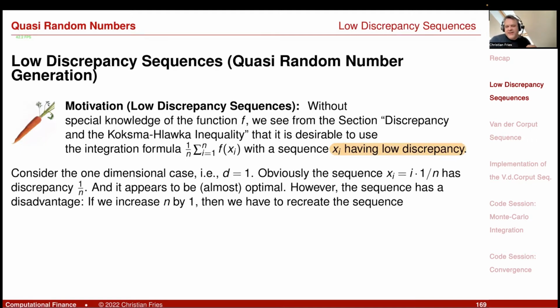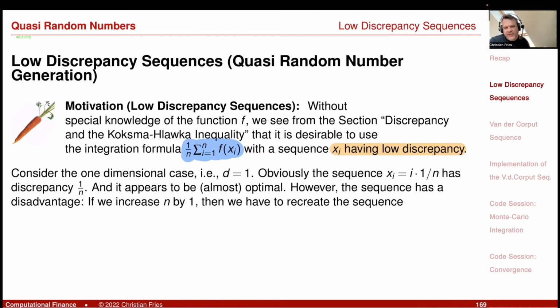And we already made this experiment when we were looking at the Monte Carlo integral. So 1 divided by n, take the sum of f of xi, so just function evaluation. When we compare it, for example, to Simpson's rule or the true Monte Carlo with a random number sequence,